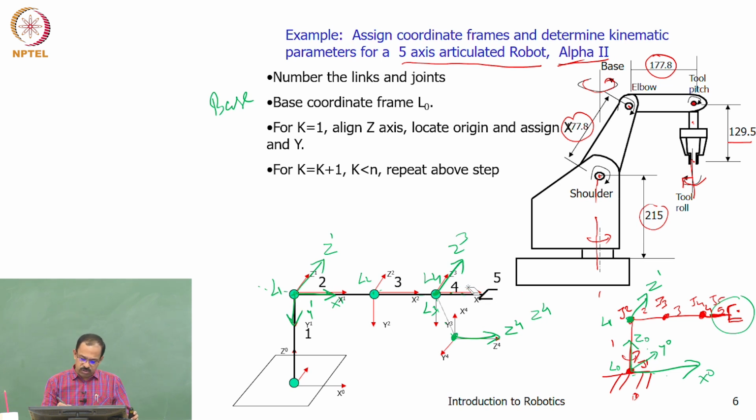I hope you understood this point, because I have found that many people make mistakes here. They don't know where actually the origin is. So I will put an origin somewhere here, saying that oh, there is a joint here, so I will put an origin here. Actually there is no joint, there is no origin there. The origin of the coordinate frame should always be the same point in this particular case. In many cases where the roll axis is there, you will find that this is happening, and there is a roll pitch here. So most of the time you will find that this is the situation, because roll is the last joint, so you will always have this kind of a system.